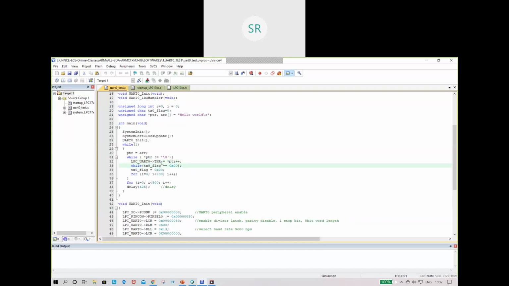That is, the data which is present in the pointer will be stored in the THR register, and then do the increment of the pointer so that every letter will be passed and stored in the THR register.